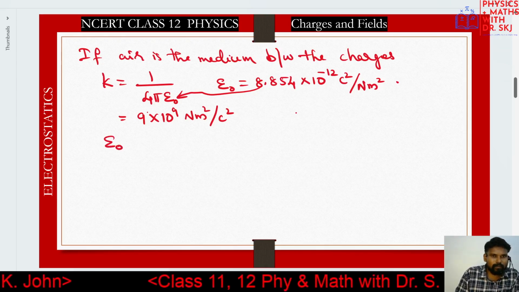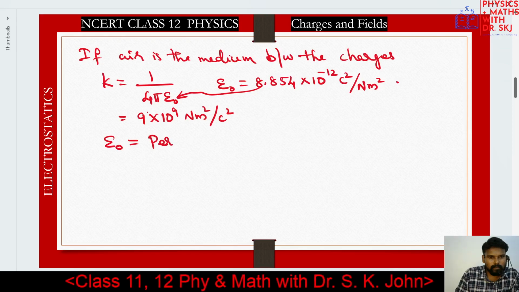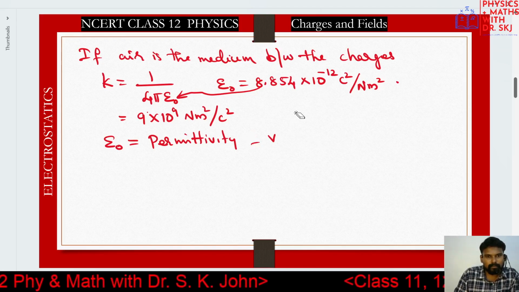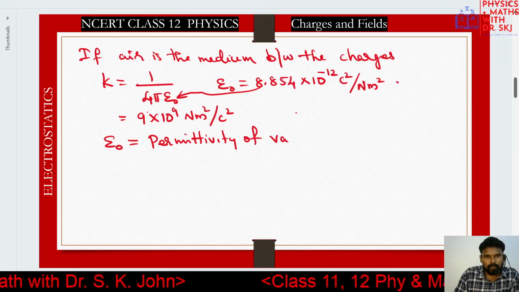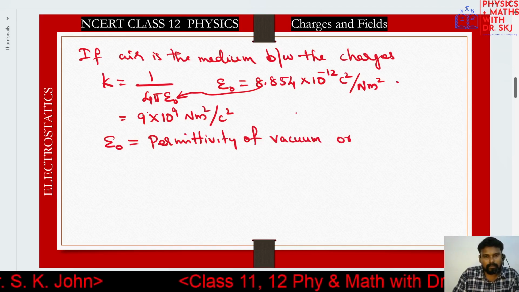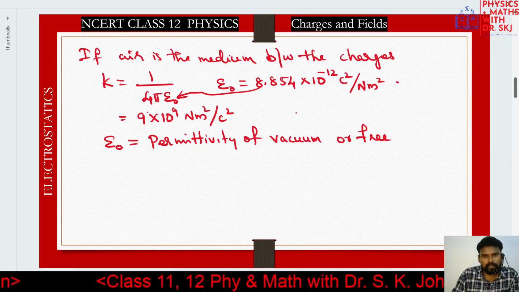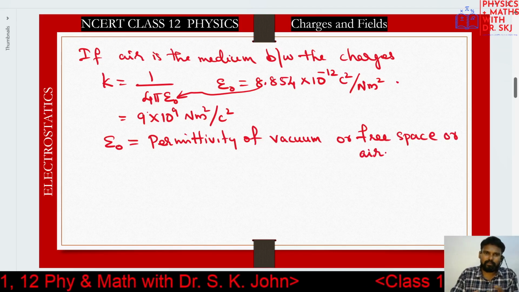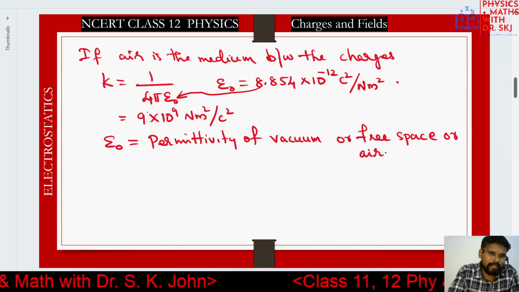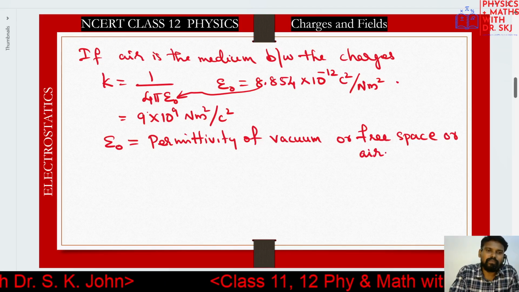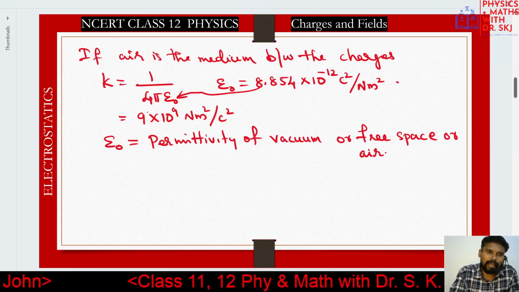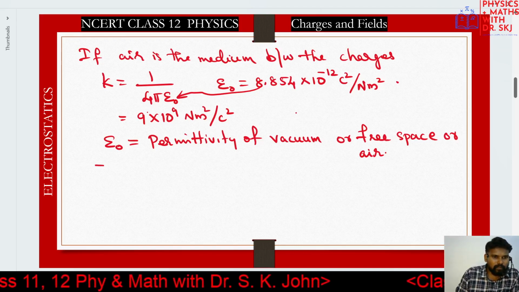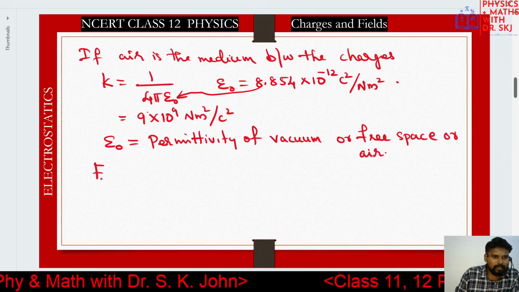So what is epsilon 0? Permittivity of vacuum or free space, or air. When we consider the permittivity of vacuum and air, there is not much difference. So we approximate the permittivity of air as the permittivity of vacuum. So for air, if air is the medium between the charges,